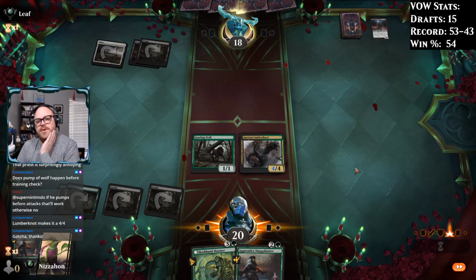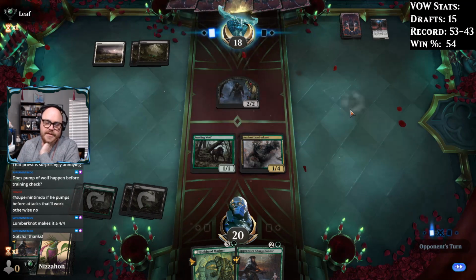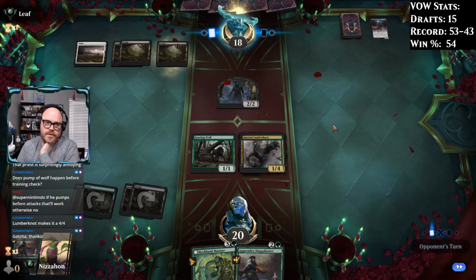They get a 2-2, and hopefully just a Surveil and not a whole card. If they draw a whole card, that's not going to feel good. They do not, so that's good news. They just got the Surveil, which is pretty good, but